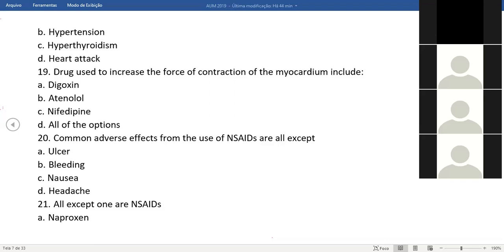Drugs used to increase the force of contraction of the myocardium include digoxin. Option A, digoxin. We use it for the inotropic effect. Inotropic effect means it can increase contraction. Okay. Common adverse effects from the use of NSAIDs are all except